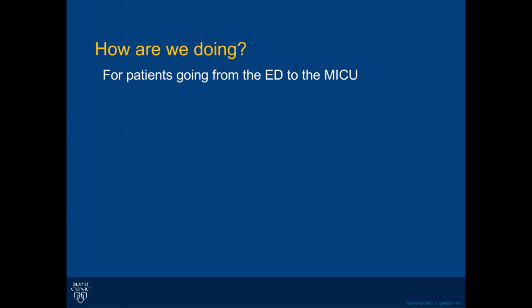So how is it going? We really carefully measure our metrics, at least I do because I'm based in the emergency department, from the ED to the ICU. We track outcomes but not metrics the same way for patients that go from the ED to the hospital floor. And then patients that are in the hospital that end up in ICU level care, we're still developing systems to help track those. But for patients who are in the ED that go to the medical ICU, we're 100% compliant with lactate, and we're well over 90% with all 4 elements of the bundle individually, and 86% compliant with having all 4 of them done. We also rapidly improve blood pressure and lactate.